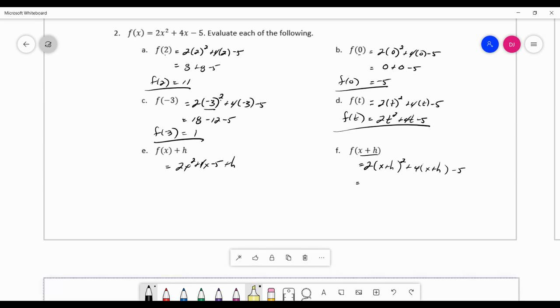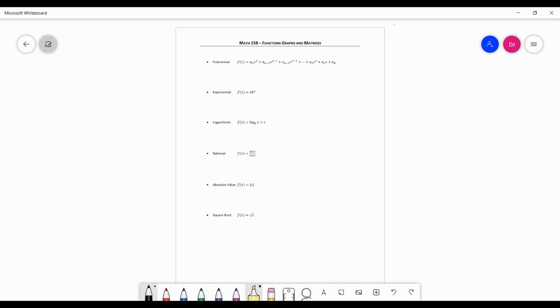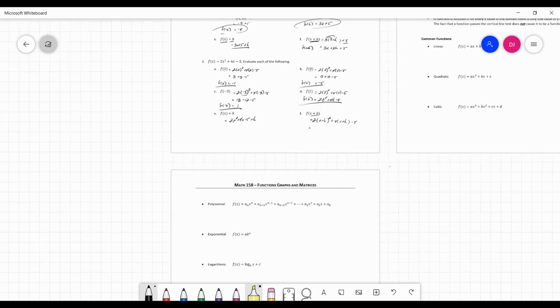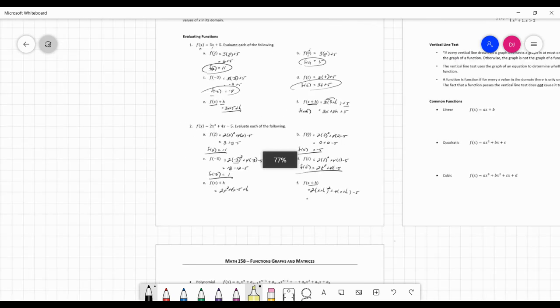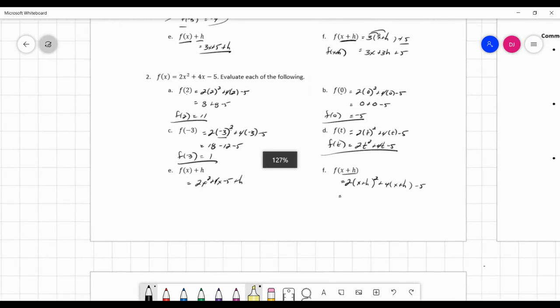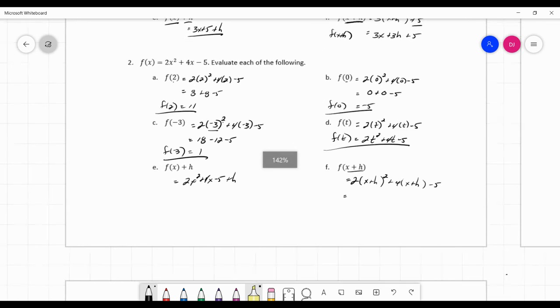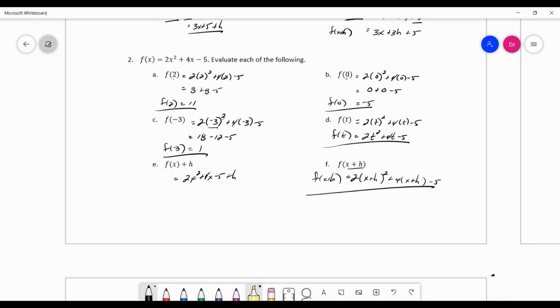Now, if you want to, you can go ahead and expand that. I don't need you to. Okay. You can expand that if you want to. Quite honestly, I don't need you to. So you can just leave that f of x plus h. At this point, you don't need to expand it. You will need to be able to. You do want to make sure that you know how and that you can. But I don't need you to at this point. Okay, so